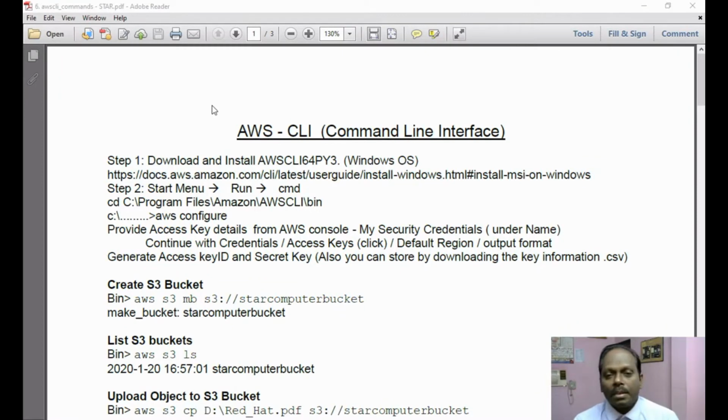So I welcome you again to this command line interface. This is again one of the most important topics. Generally, whoever doesn't want to work on the console can make use of the CLI. The first and foremost important thing is that you need to download and install this AWS CLI, which is